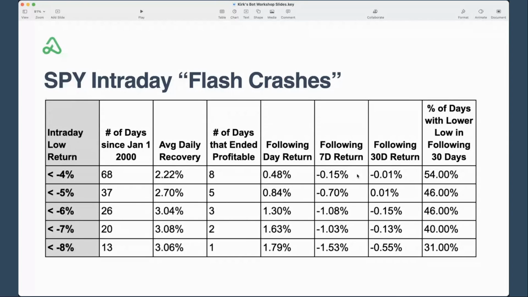We'll talk through the ways that we're going to play this and build this into our bot template, but we're starting to build a pattern here of how markets behave in these types of environments. Now, the 30-day data was, I thought, very interesting. This was incredibly interesting to me because I did not expect to see the market so flat after 30 days